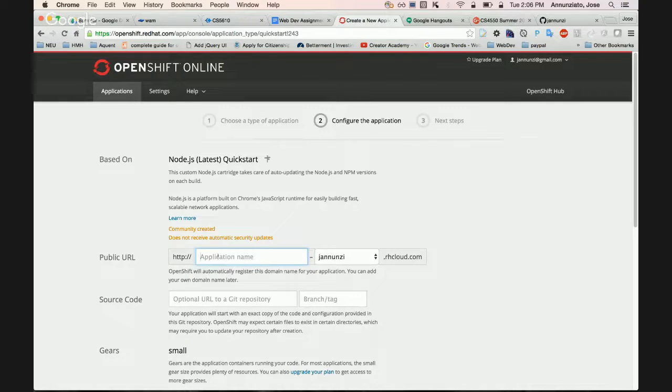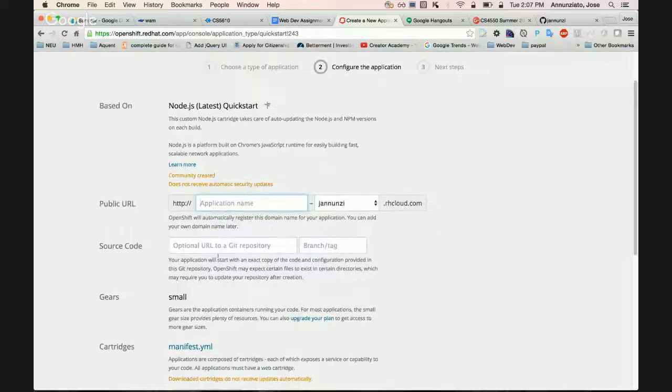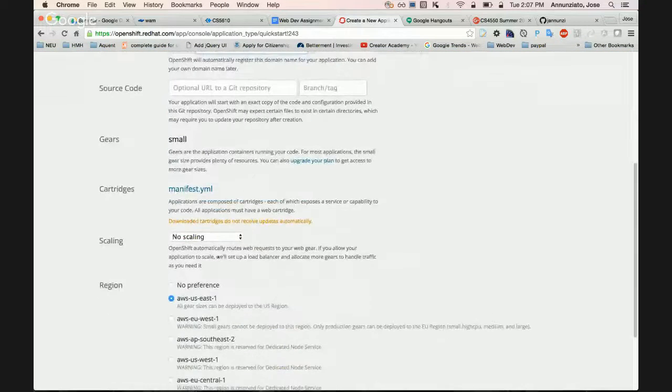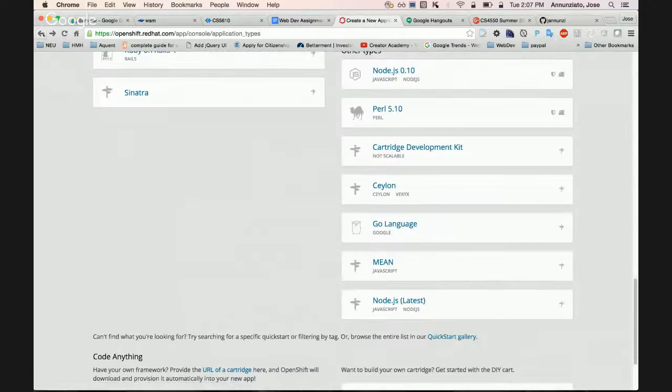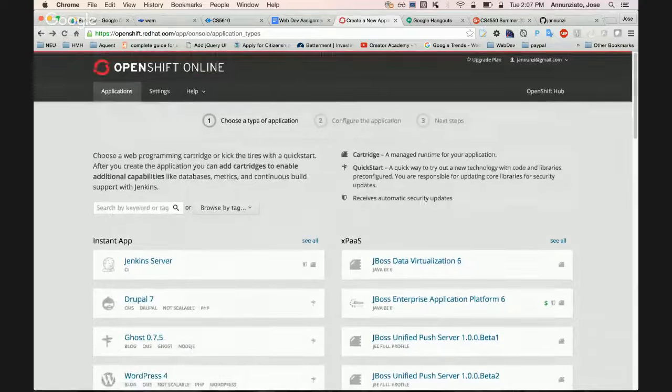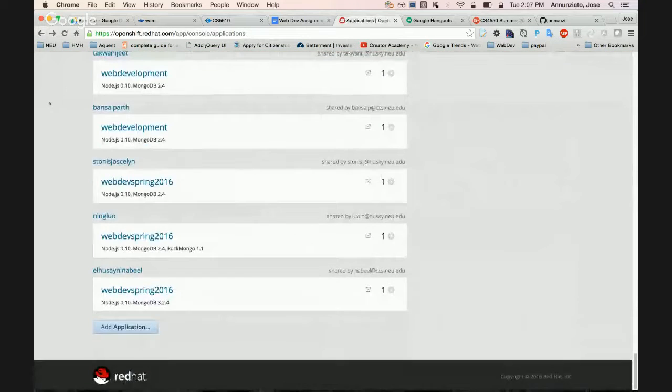So I believe what I've asked for you to use the name here, just to make it easier on us, is to use your last name, first name, and then webdev, right? So that we can quickly identify you and see whose website it is. You can keep the defaults, and when you install it, it'll create an application. Right? We'll create an application for you. It'll take a minute or so.